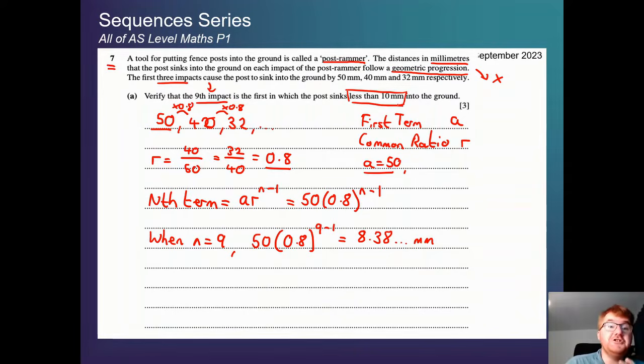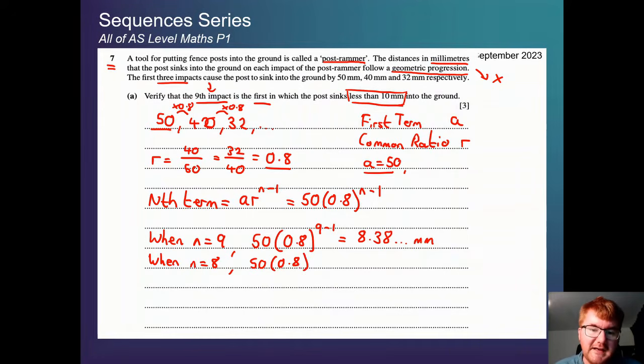However, we're not finished here because we need to check when n is equal to 8, so the term before, and just ensure that that is above 10, so therefore it is the first in which it goes less than 10 millimetres. So to get the full marks on this question, it's a little bit sneaky. We also need to check when n is 8. So very similar calculation, just 8 rather than 9. If I pop that into my calculator, I then get 10.485... millimetres, and therefore the 9th impact,